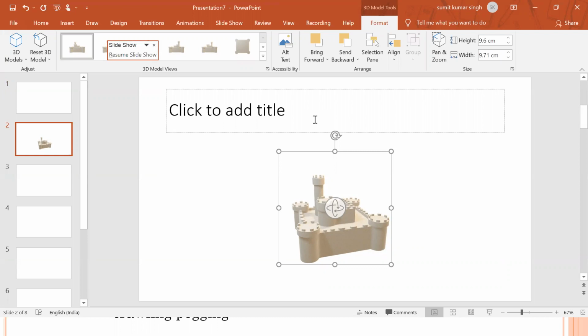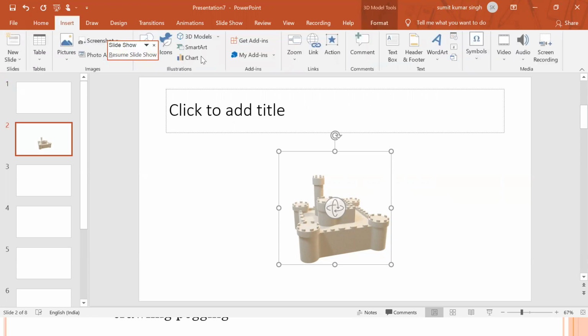Anyone, any doubt? Anyone, any doubt, any question? Insert, if you go inside insert, you can learn by yourself.